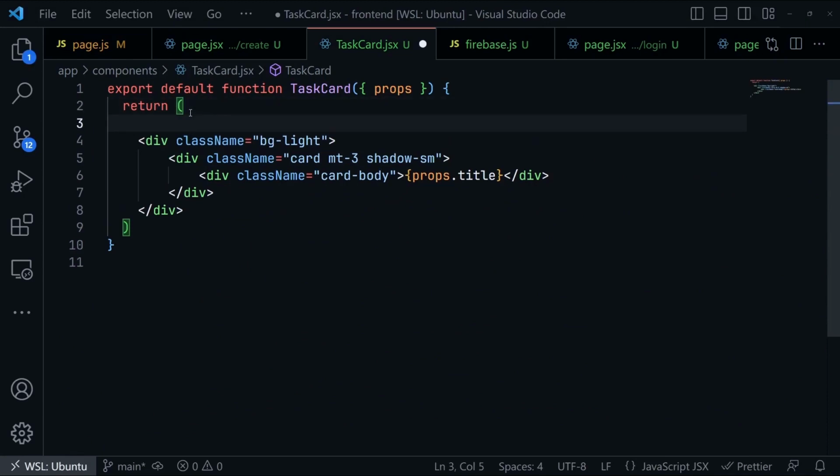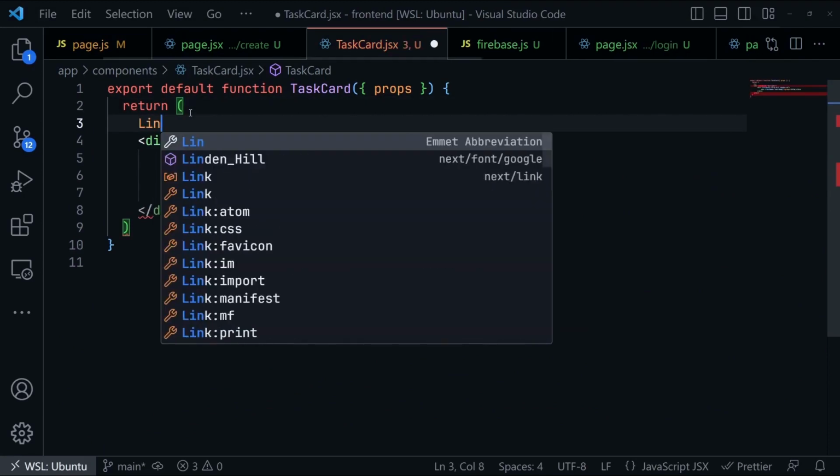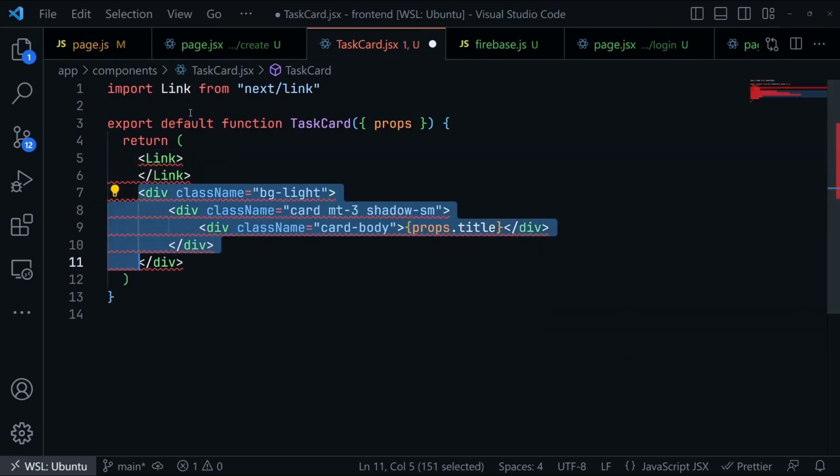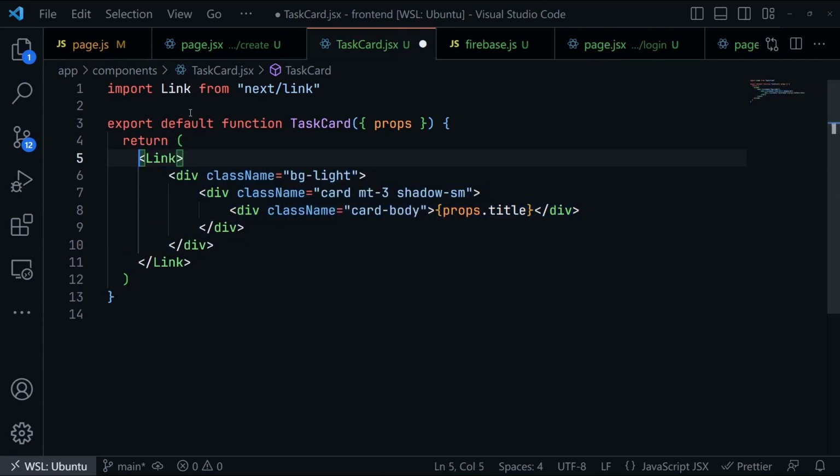Let's make it a link and put it here. Then for href, I'll send this to tasks/task id, and the task id